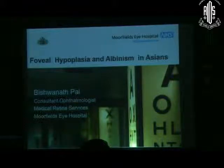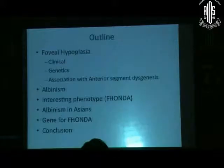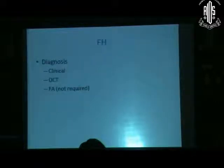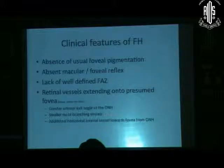So what I'll do is give you a bit of background about foveal hyperplasia, which I was looking forward to seeing Dr. Kumar about, because I worked with Chris Engelhorn when I was doing my lab work. So I took time off my clinical commitments and did some lab work in Leeds. The background to this foveal hyperplasia was part of my initial research project. Without going too much into the details, I want to talk about this family, how it came about. So I was working in ophthalmology in Leeds, and